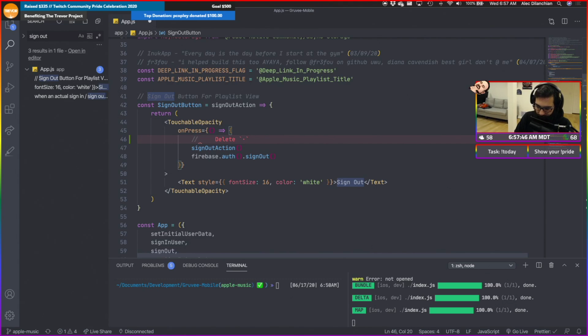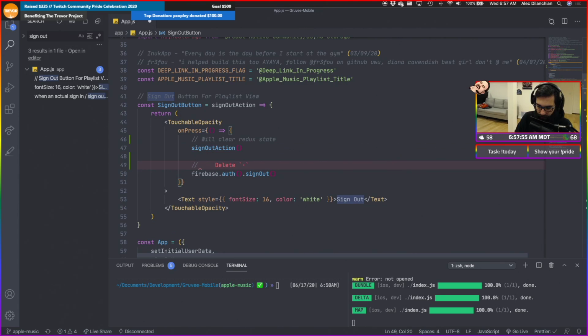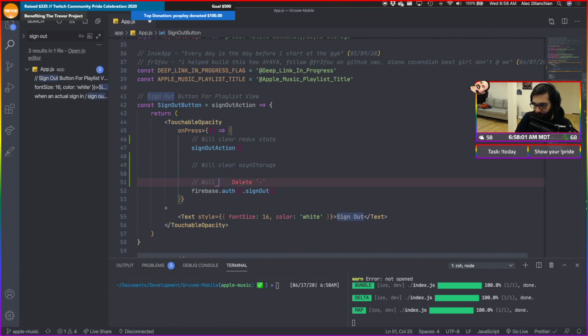Sign out action will clear Redux state. We'll clear async storage, and then we'll actually sign the person out of Firebase.